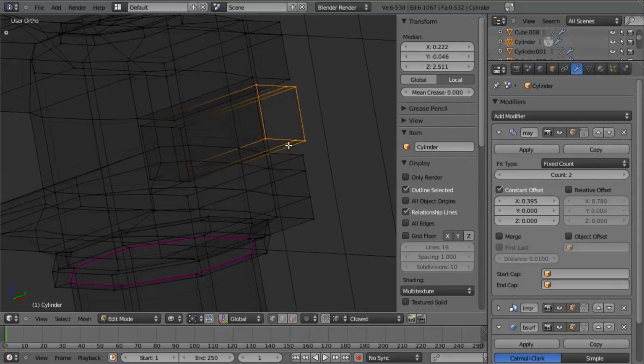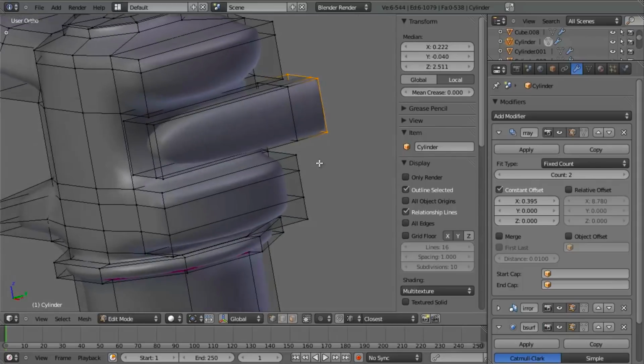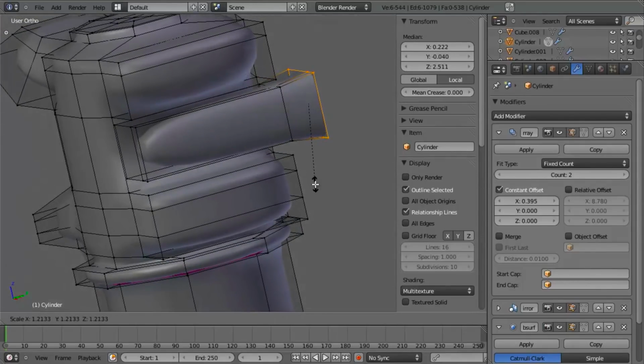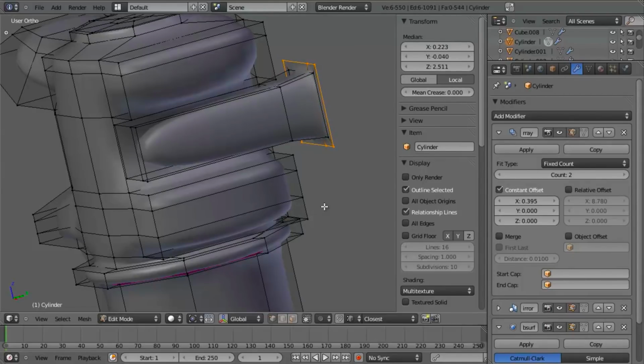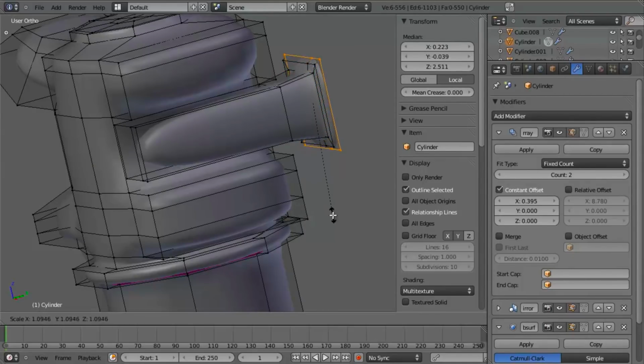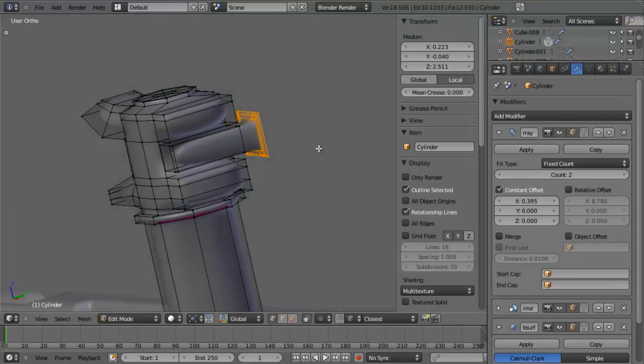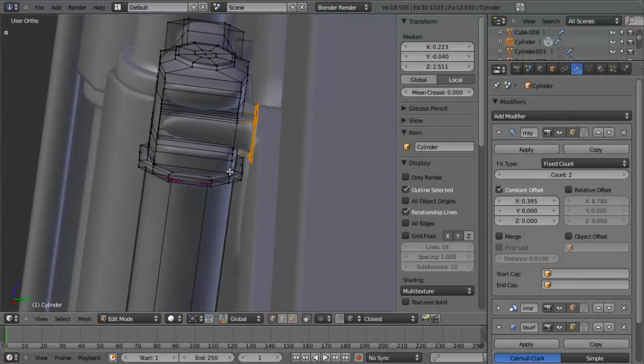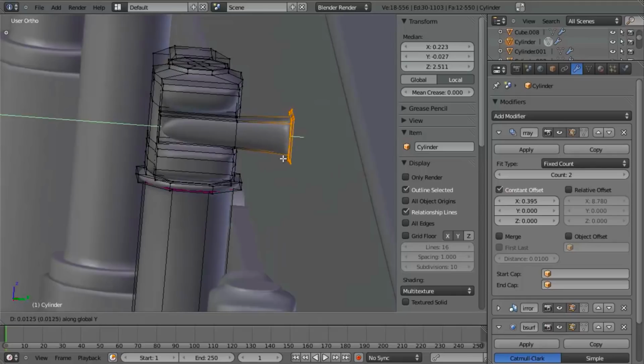You can select this, and I'm going to hit E to extrude, take it back a bit more, maybe scale it up a little bit, E to extrude again, scale up some more, and then I'll extrude one more time, scale in, take those back. So it's basically, I'm creating a weld seam, basically. And then I want to take these all the way back